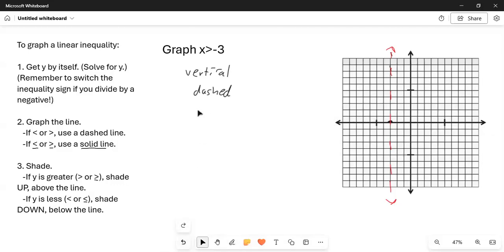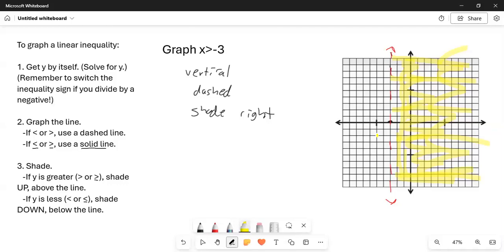So we want to shade to the right. And the only time we worry about shading left or right is when you have a vertical line like we do here. So we shade to the right of your line, and there we go. If you are asked to graph a system of inequalities, meaning more than one inequality at the same time, you just graph them using the same method we just did and figure out where the two shaded areas